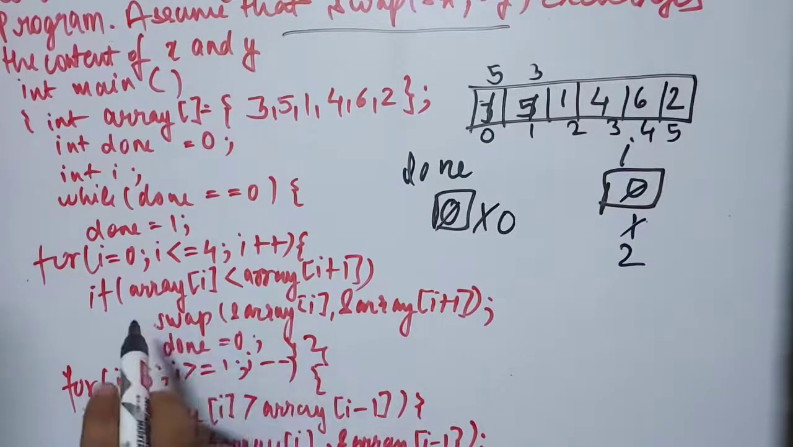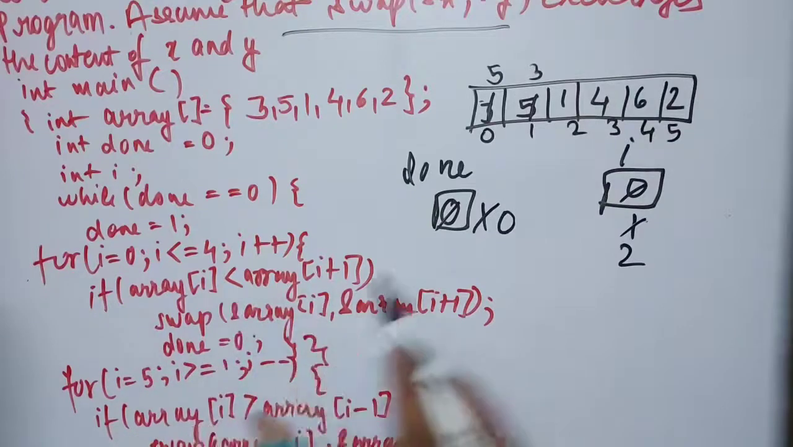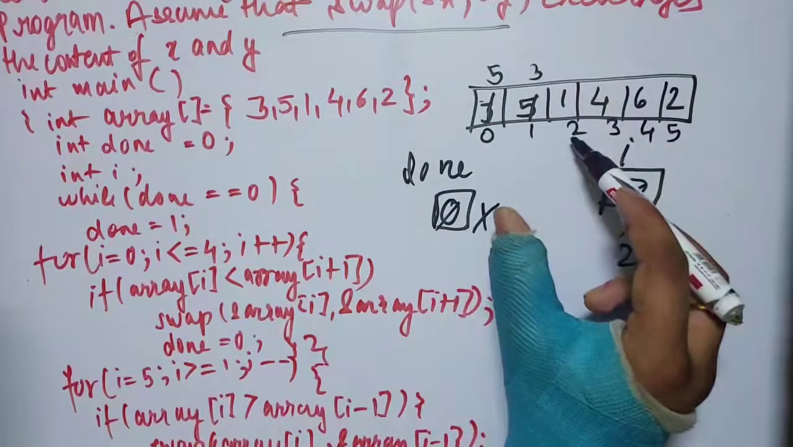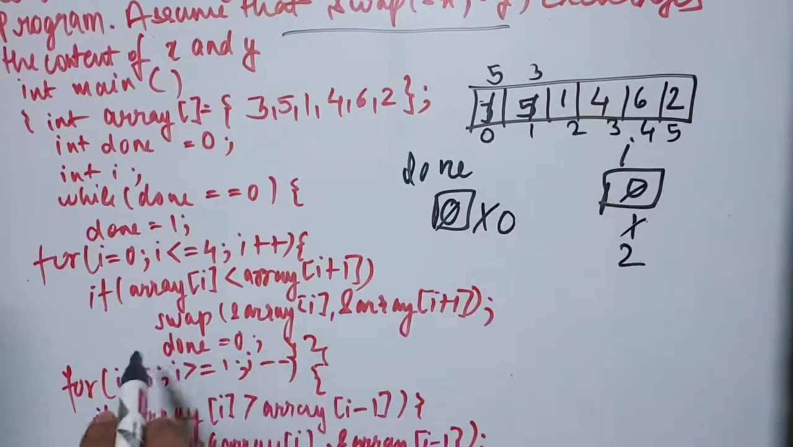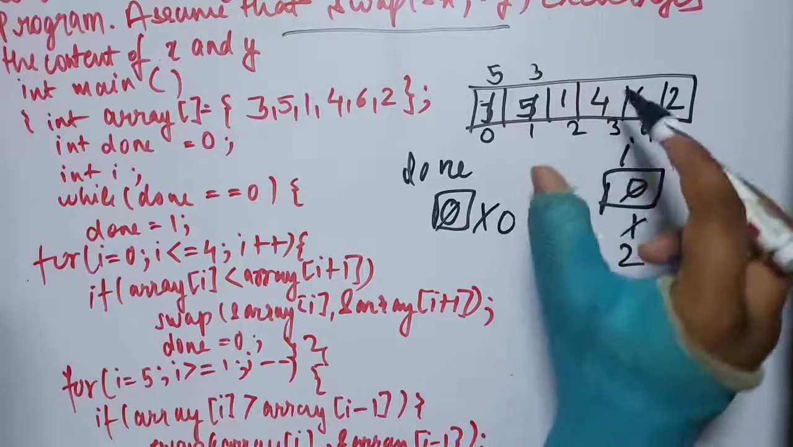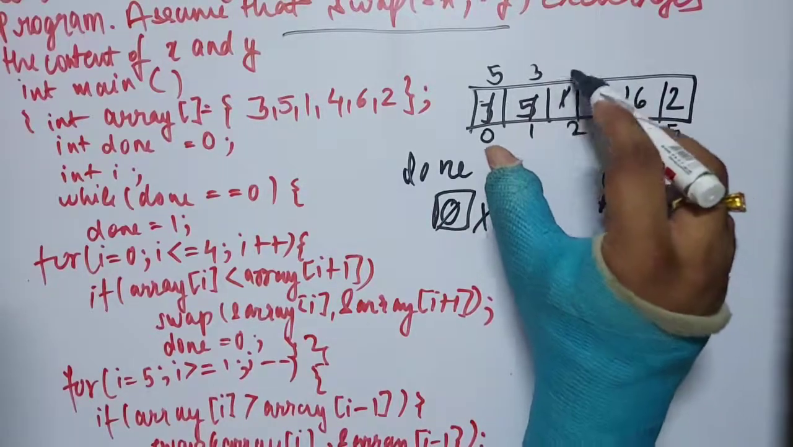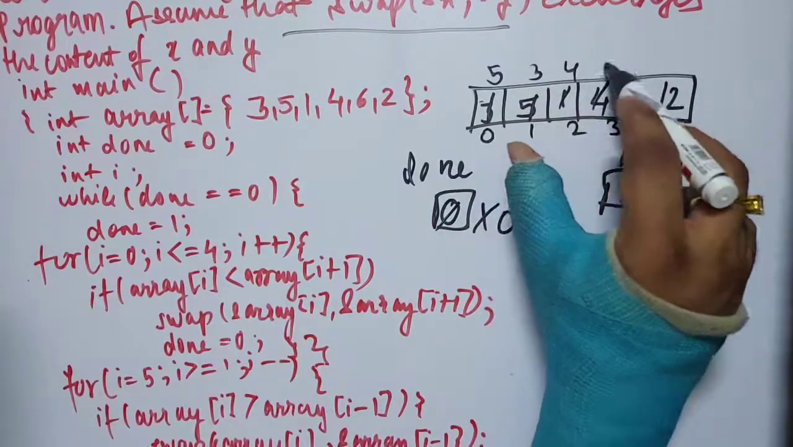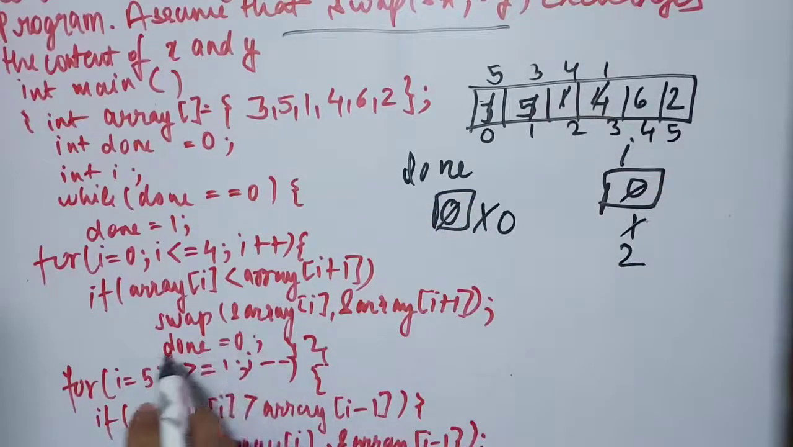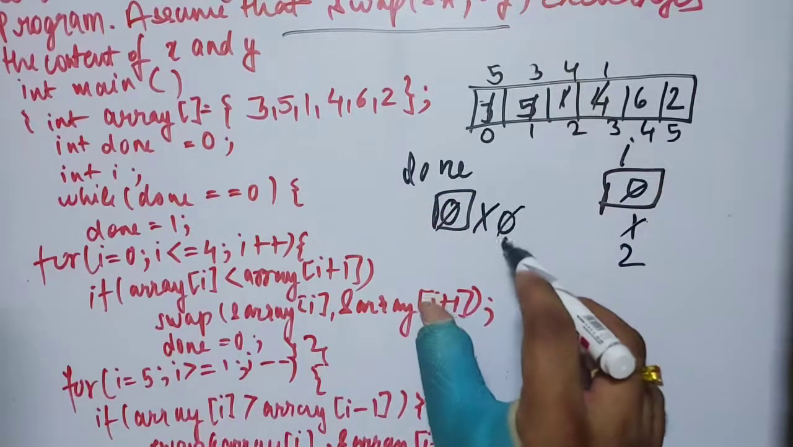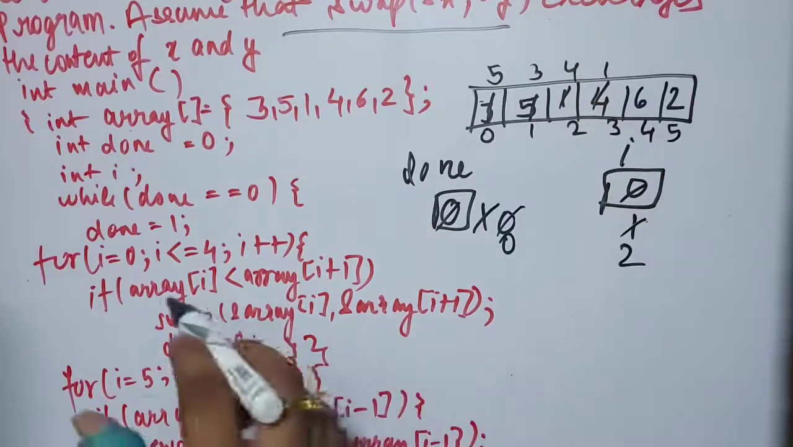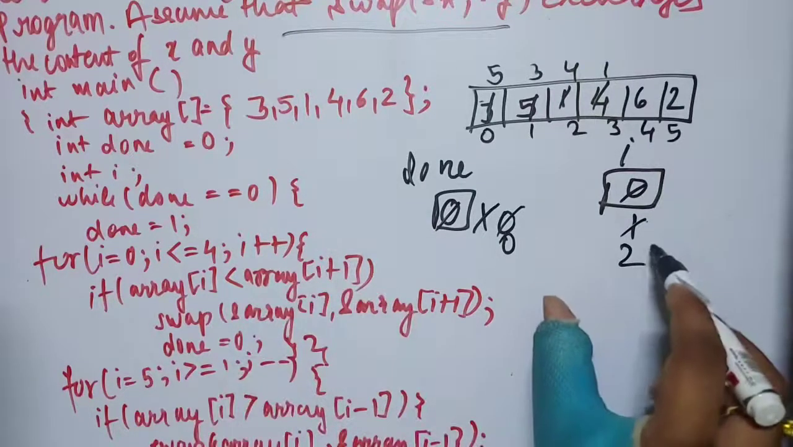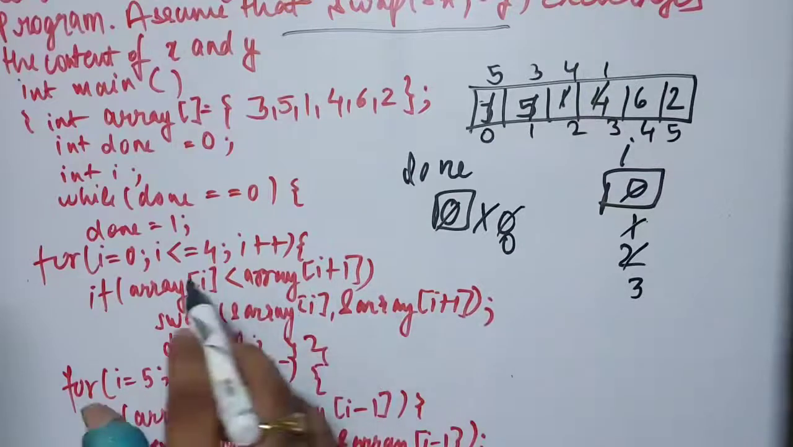Now it checks if array[2] is less than array[3], array[2] which is 1 and array[3] which is 4, so the condition here is true. Now it will swap the contents of array[2] and array[3], so 4 comes here and 1 comes here, and now done is initialized to 0, so 0 is again initialized to 0. Then here comes i++, so i here gets incremented to 3, 3 is less than or equal